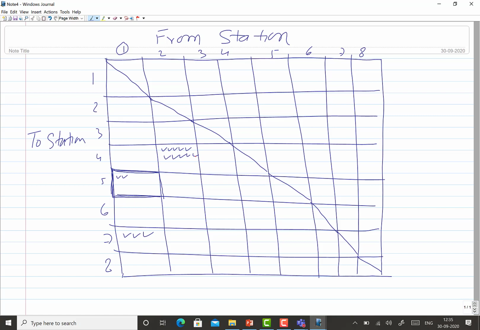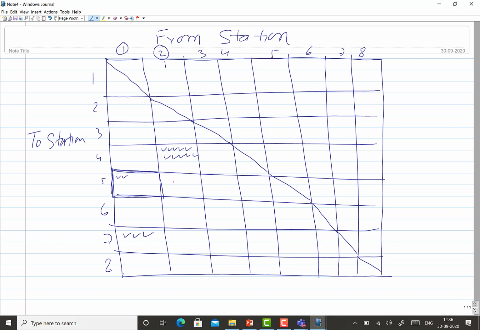So for movements from a particular station to another station, we start from that particular from-station and keep moving down until we reach the column which is opposite to the to-station where movement is taking place.